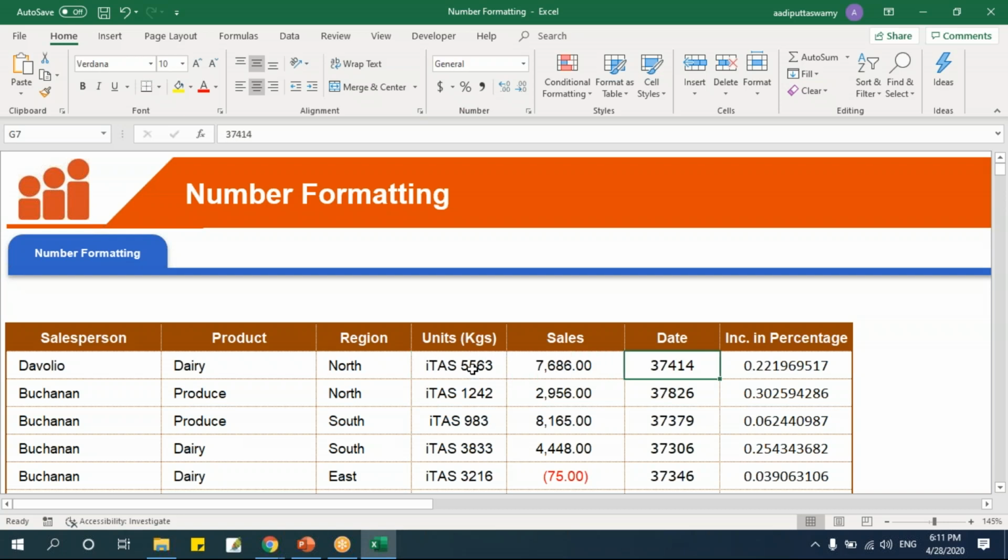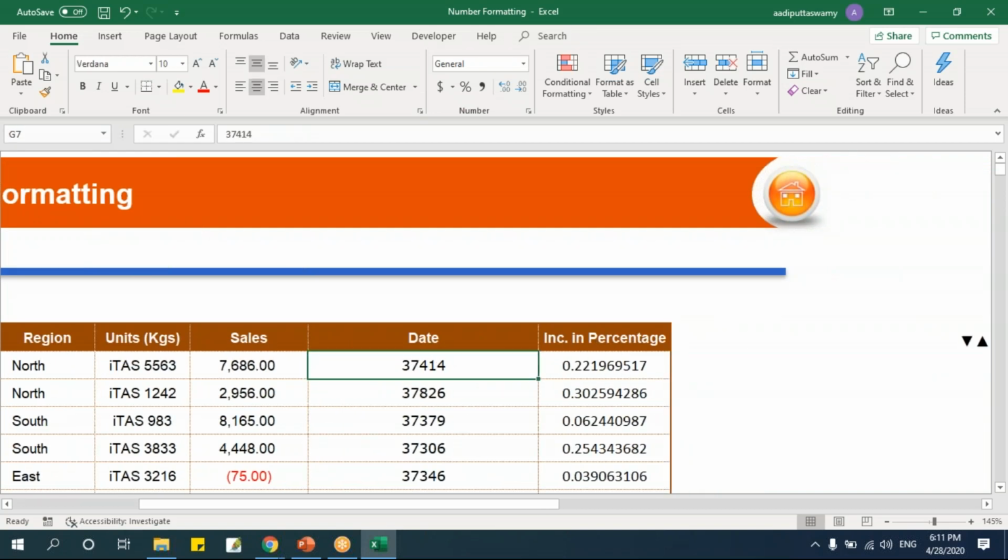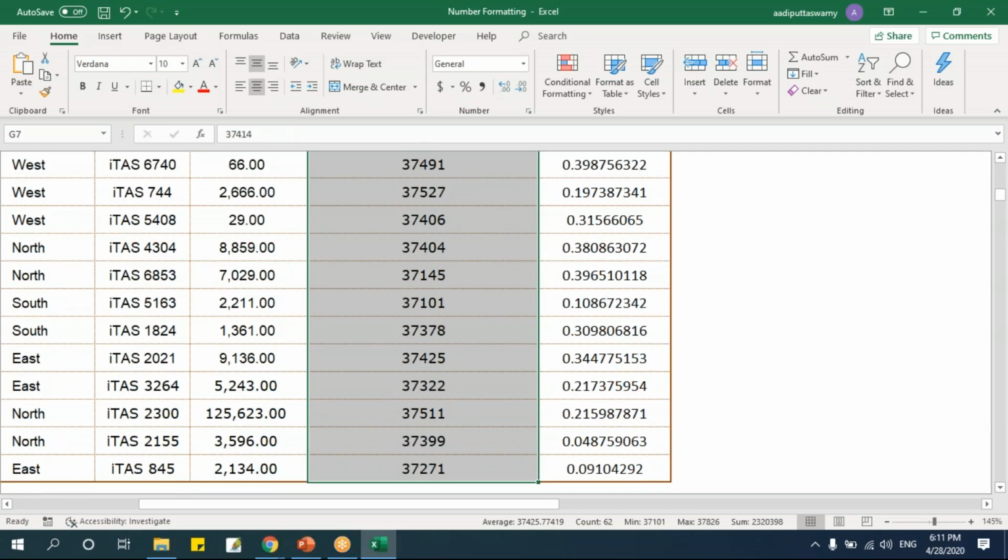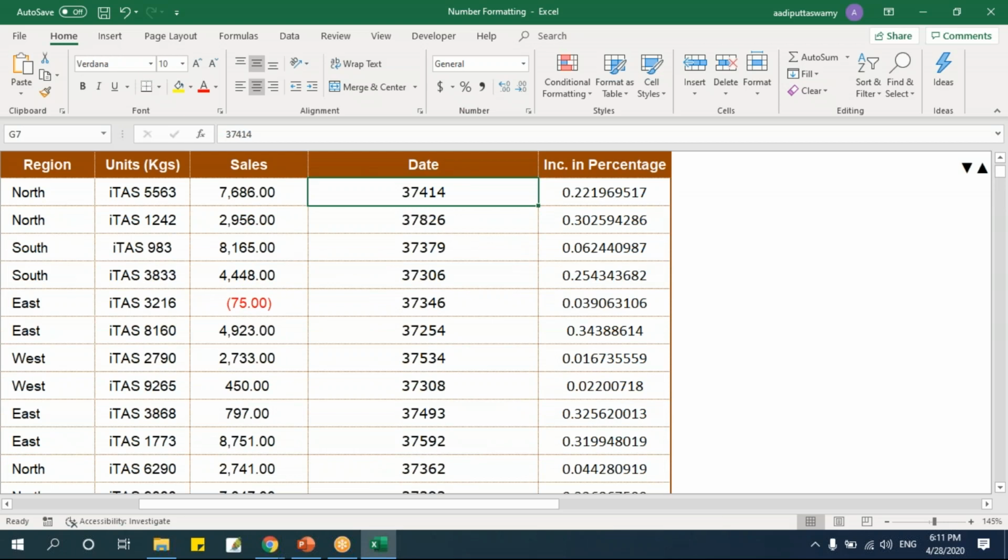Next, coming to this date, increase this column. I have a date here. This date is in numbers. In our previous session, in the date formulas, we saw that the date will be in a value format, or I can change the format of it to view as a date. Now this value has to be converted to date.